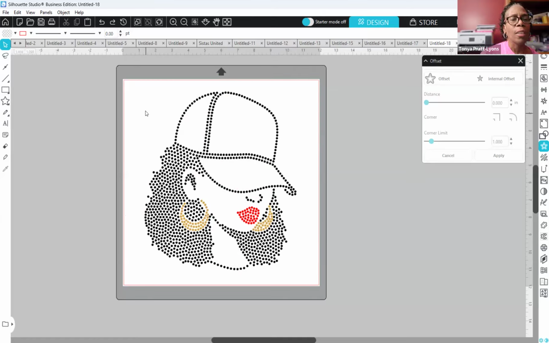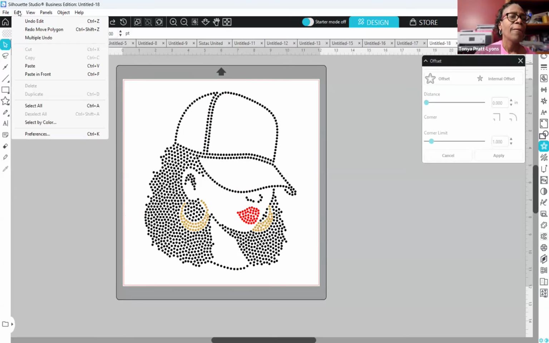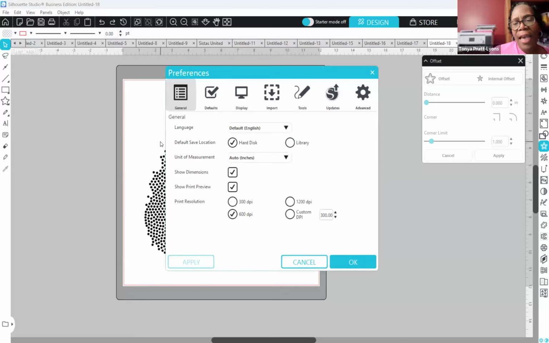The first thing I want you to do is go to File. Wait a minute, no, I want you to go to Edit, and then go to Preferences. If anybody else has an issue, and I don't think so because no one has said anything, but if you are ever using your Silhouette and you click on something and every time you click, it continues, like if you click on a shape and it keeps making the same shape over and over again until you click the arrow,